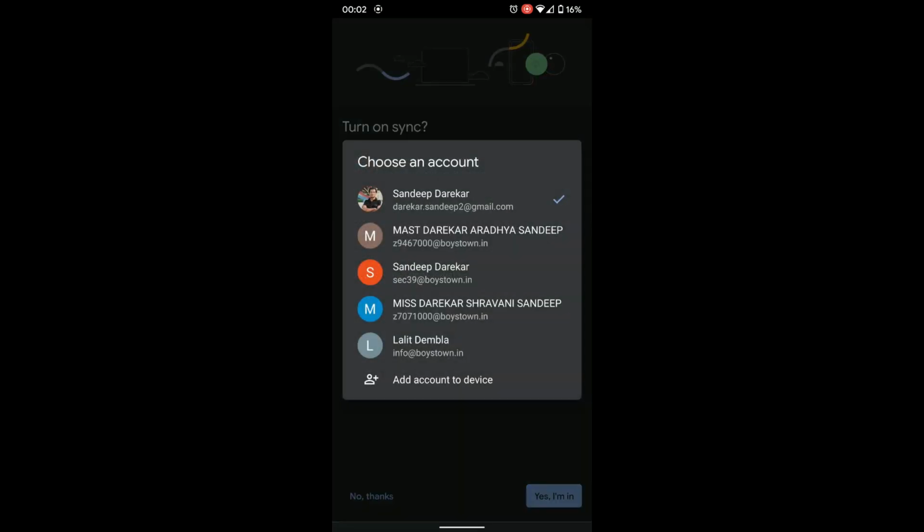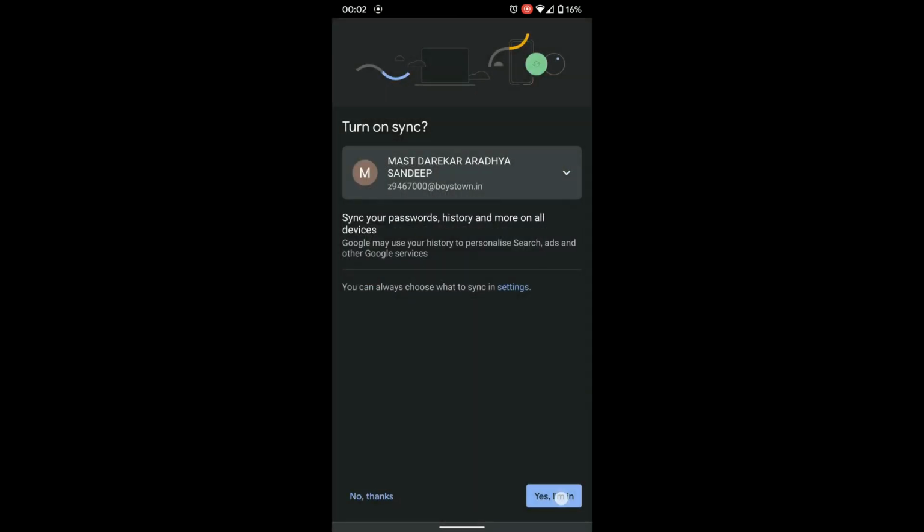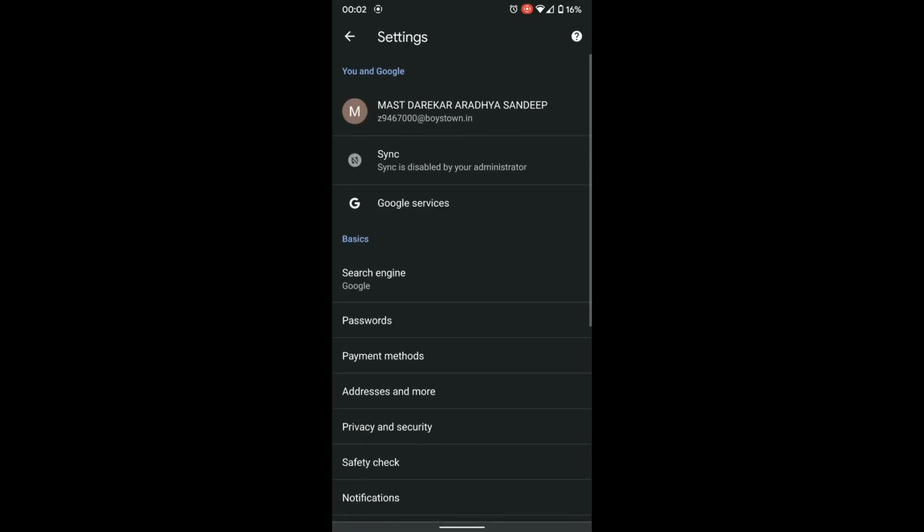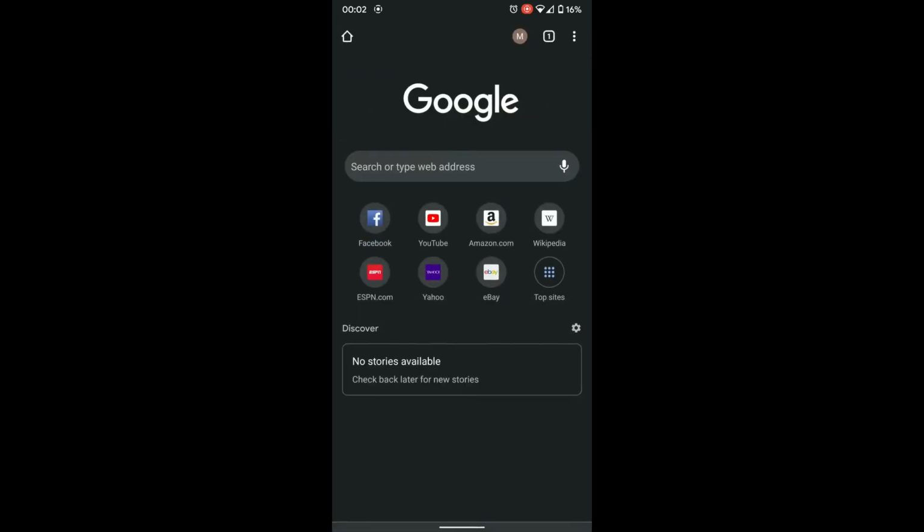So I'll click here and use school email ID, and I click on yes, I'm in. When I do that, you see on the top there is a brown color M written, which means this is my school account. So your problem of opening the Google form and showing you need permission, that error will get solved because of this.